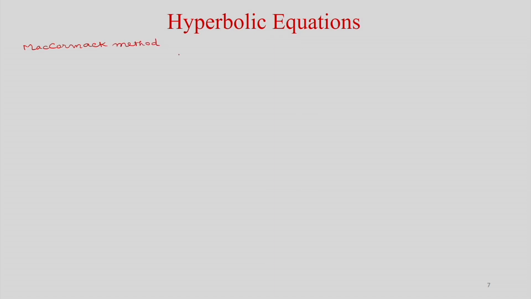okay, for this nonlinear equation, where we considered the Burgers' equation, inviscid Burgers equation, del phi by del t minus del E by del x, where E is equal to phi square by 2, right. So, now in the McCormack method, two steps we will do. So, one is the predictor step. So, what will be that? You will find phi I star. So, phi I star is equal to phi I n minus del t by del x, E I plus 1 n minus E I n, and in the corrector step